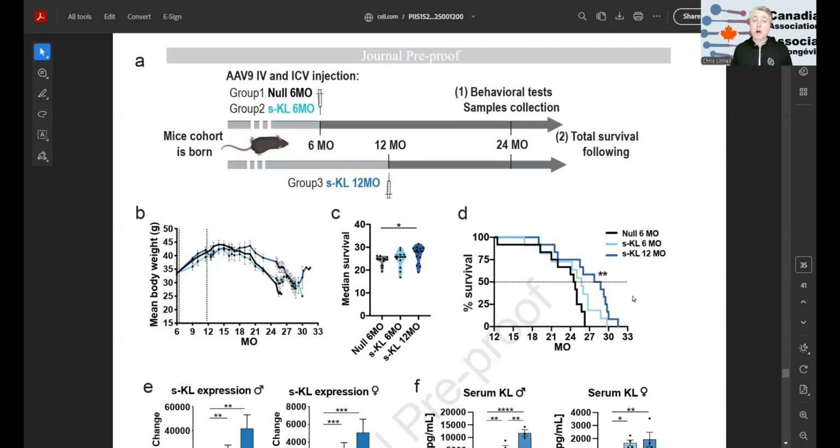Now, the authors also talked about total longevity, which I think refers to average as opposed to median. And here, the control mice lived to 26.3 months on average. The 6-month mice lived to 29.8 months, and the 12-month mice lived to 31.8 months, which is a 19.7% increase